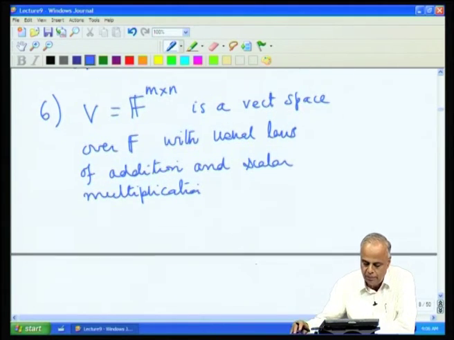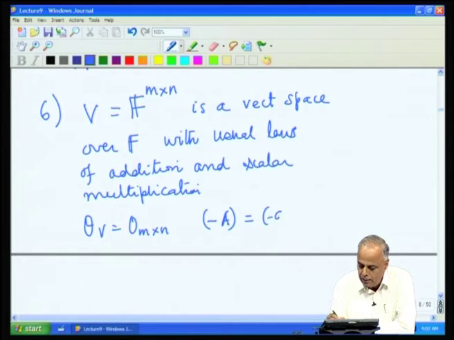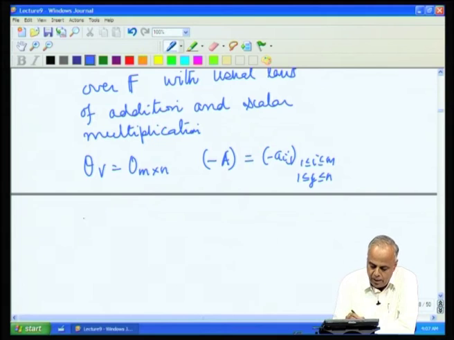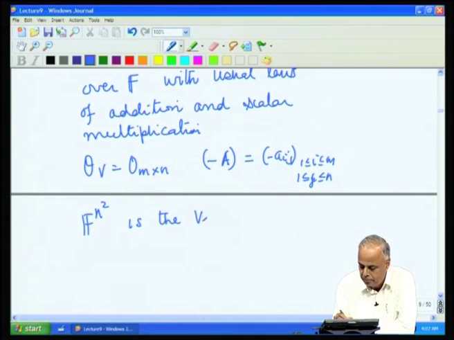Once again, in this vector space, the 0 vector is the 0 m by n matrix, and minus a_ij has to be taken as per the negative rule in the field F, and in general, from the rectangular to the square matrices, we have the vector space of all n by n matrices